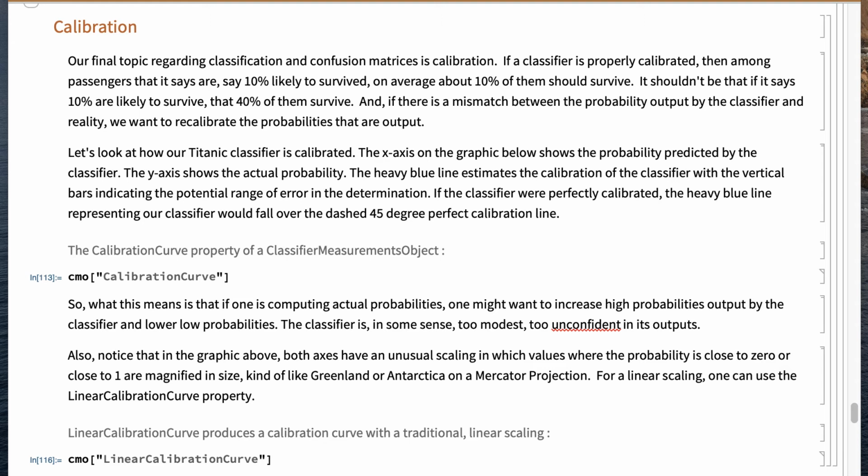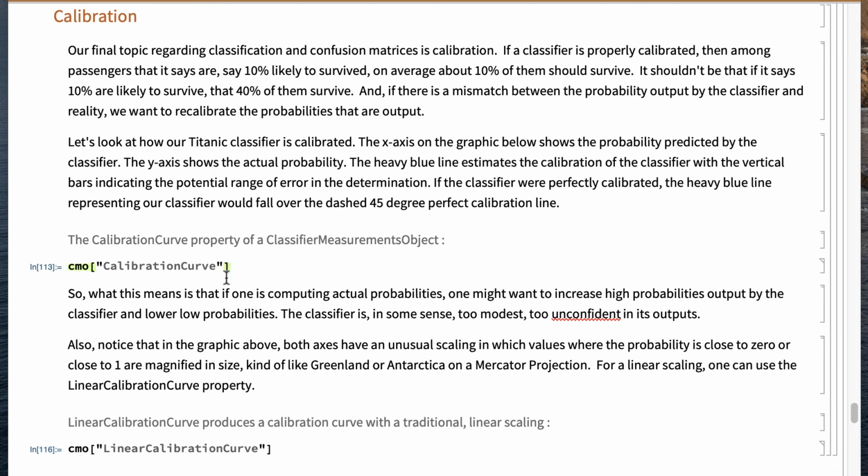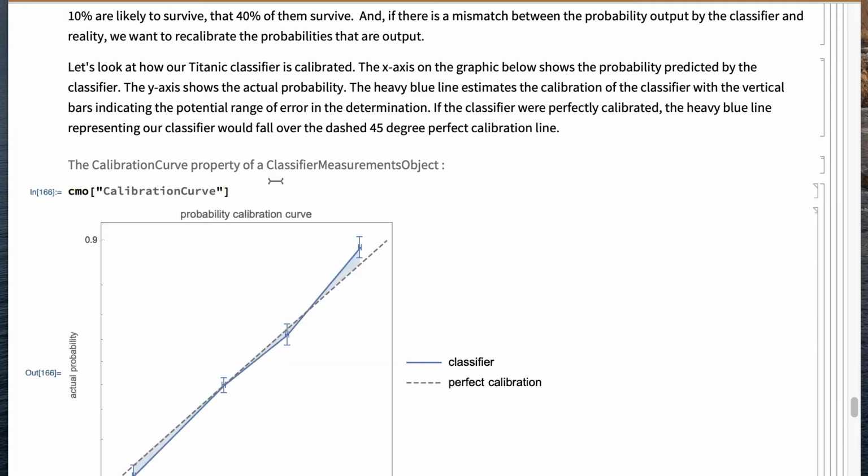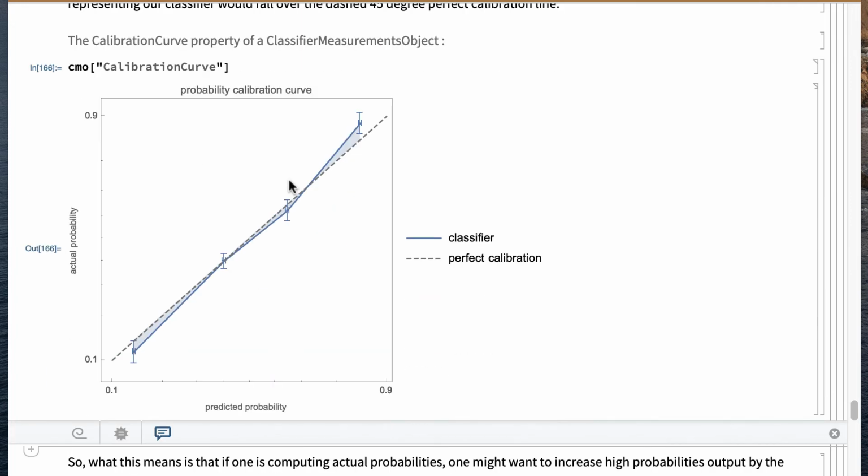Let's look at how our Titanic classifier is calibrated. I'm going to produce the graphic here. I'm not going to derive this. So the property is calibration curve, and we get this picture. And actually, that's a pretty well-calibrated classifier. Very nice, because the blue heavy line is right over just about the dashed perfect calibration line. So what this is saying is that the predicted probability, which is on the x-axis, matches the actual probability very